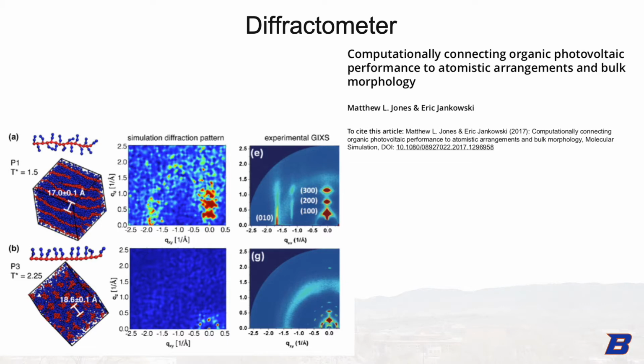In the lower left is an example of diffractometer in action. Shown are two simulation snapshots, their diffraction patterns simulated with diffractometer, and good agreement with the experimental GIXS patterns of the real systems they aim to model. A limitation of diffractometer was that by default it would calculate the scattering patterns of the snapshot from 13 different views, including a face-on view, an edge-on view, a corner-on view, and then 10 other rotations to get ample description